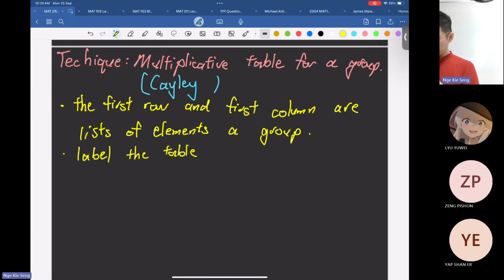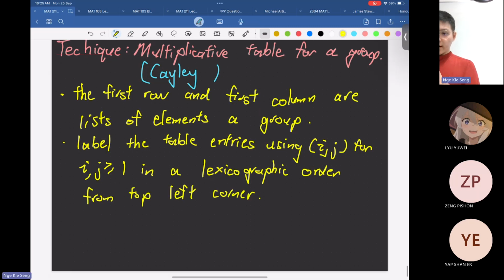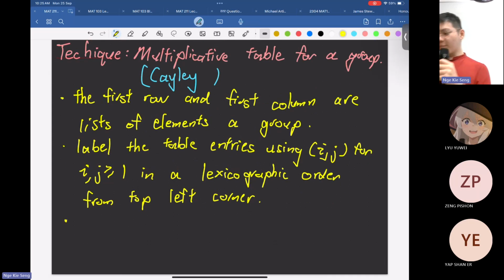So let's label all the table entries by ij, where i is the row and j is the column, in lexicographic order from the top left corner. And what we're going to put inside this ij entry is exactly the product of two elements